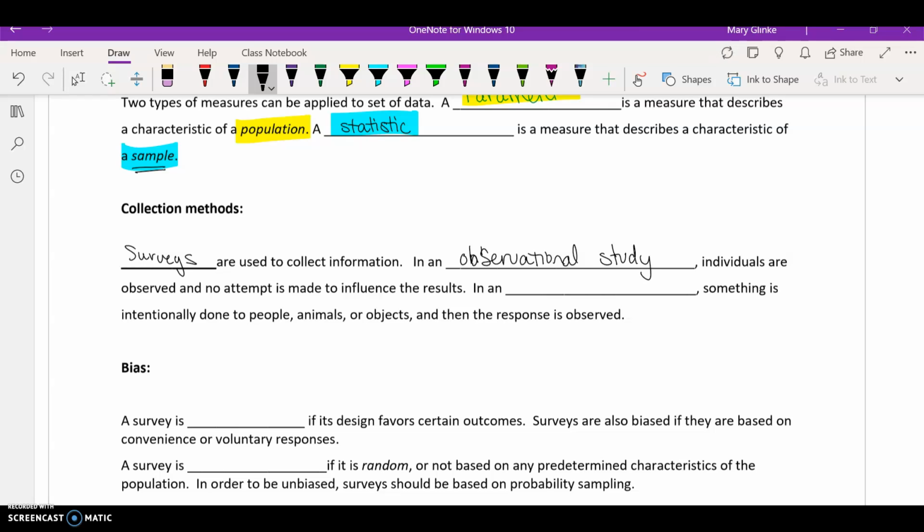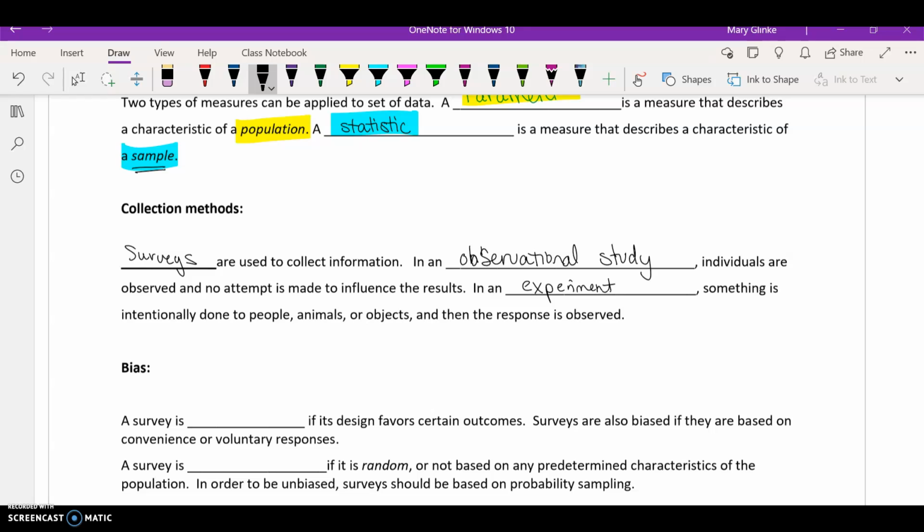So an observational study is something where you just kind of watch. You don't ask questions, you just watch what's happening. So toy companies do this. They put kids in a room with a bunch of toys and they just kind of watch what the kids gravitate towards and play with. And they record information based off of what they see. That's an observational study. Versus an experiment